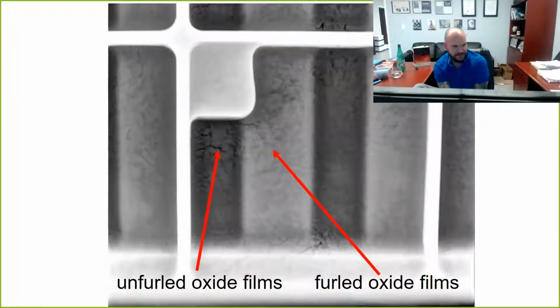Here's some x-ray work on a single casting showing both side by side in the same casting. So you can see the flat areas on this casting, you can see the oxide films as clear as day, but they're furled because that area is solidified quick. Now as we move over to the rib feature, which would have been longer solidifying, you can see that those oxide films have had a chance to unfurl or open up. Now traditional consensus ideology would have called that a hot tear. But what we have here is simply just decohesion within the metallic matrix because there was no metallic bonding taking place. So to explain that, let me explain it this way.